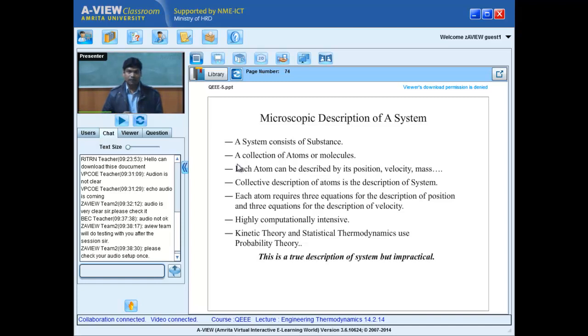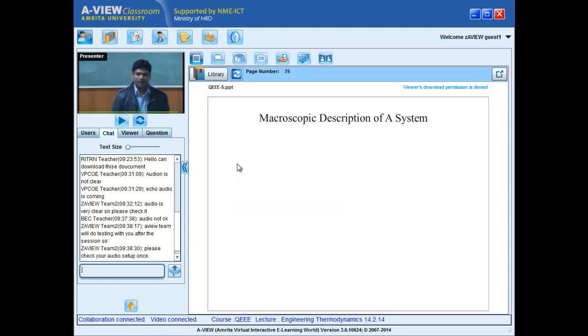So strictly speaking, the true description of any system is supposed to be microscopic, but it is impractical. I cannot use this to design a refrigerator, a fan, or a wind turbine. Imagine I am solving a wind turbine and I have taken some diameter. I would need to care about how many billions of air atoms are coming, what the x, y, z coordinates of each atom are, and what their velocity is. Is it uniform or changing? Do you think it is possible to design a wind turbine in finite time? Perhaps impossible. But this is the truth.